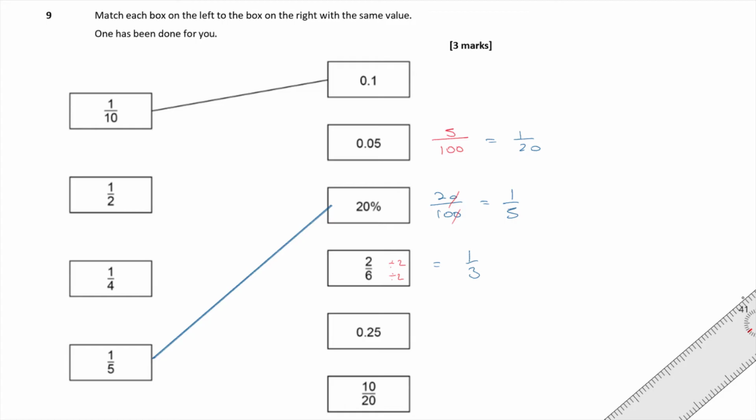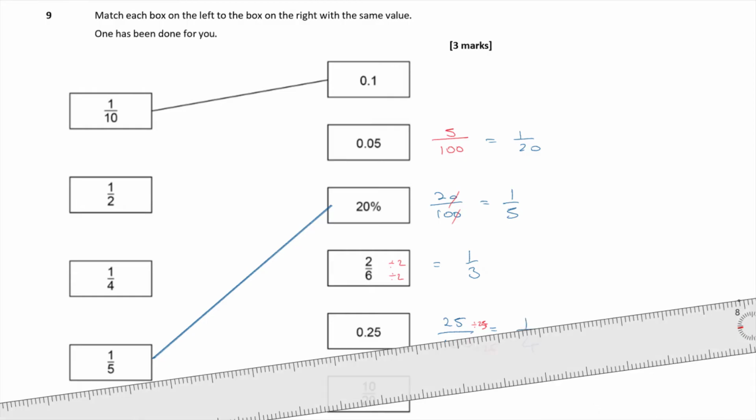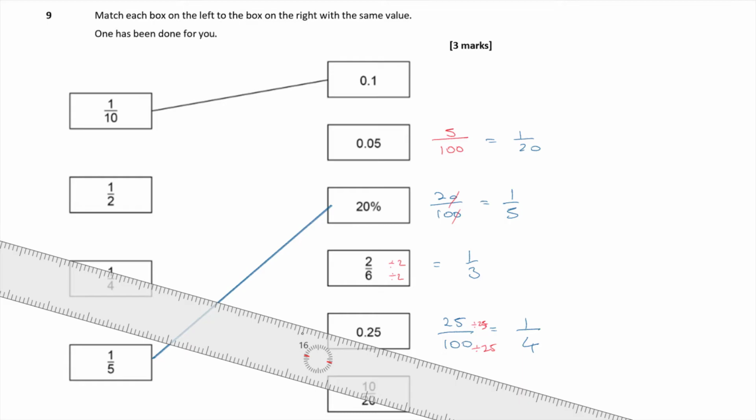0.25. That's the same thing as 25 over 100. Both of those numbers are divisible by 25. Let's divide by 25. That's going to give me 1 over 4 then, isn't it? That's a quarter. I do have one of those, so I can join that one up. So joining a quarter up with